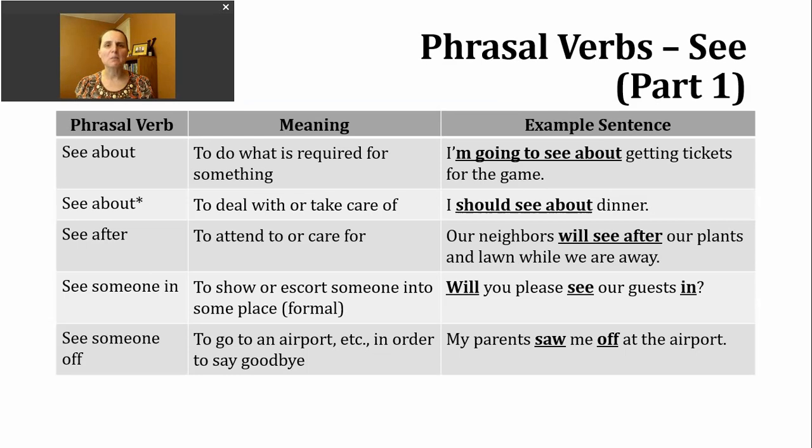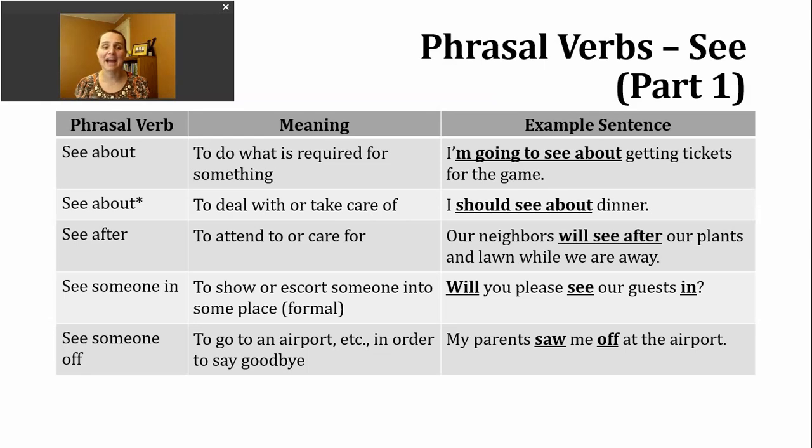This is, again, a pretty formal question. It's also in the simple future. The other thing I want to point out here, and what I hope you notice, is that see, our verb, and in, our preposition, are being separated. And what's coming between them is the object, the person or the thing that receives the action. And that's how this verb will always look. So see and in will be separated and we'll have an object between it.